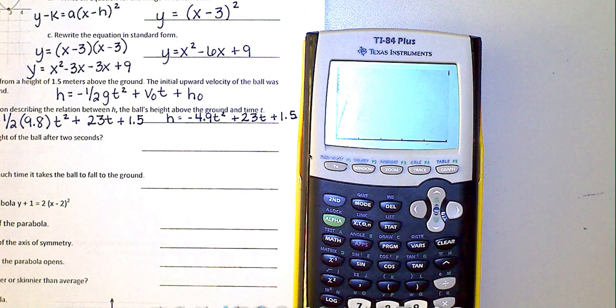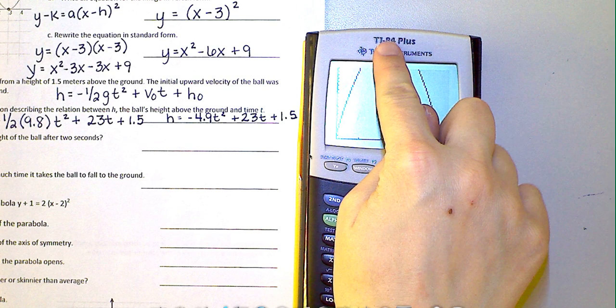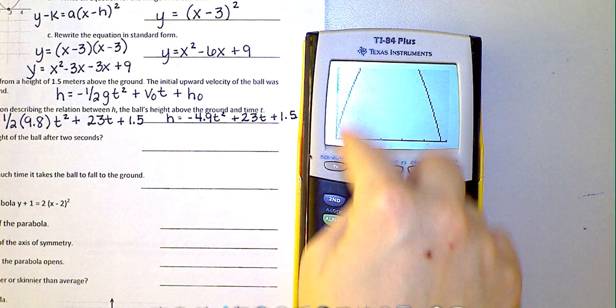And hit graph. Okay, my guess was wrong, and I'm glad it was wrong. In fact, I sort of guessed wrong on purpose, because I wanted you to see what happens when you get a picture like this. You don't have to freak out. You don't have to raise your hand and say, oh, look, there's something wrong with my calculator. There's not. You just can't see the top of your graph, so we need to make our graph go up